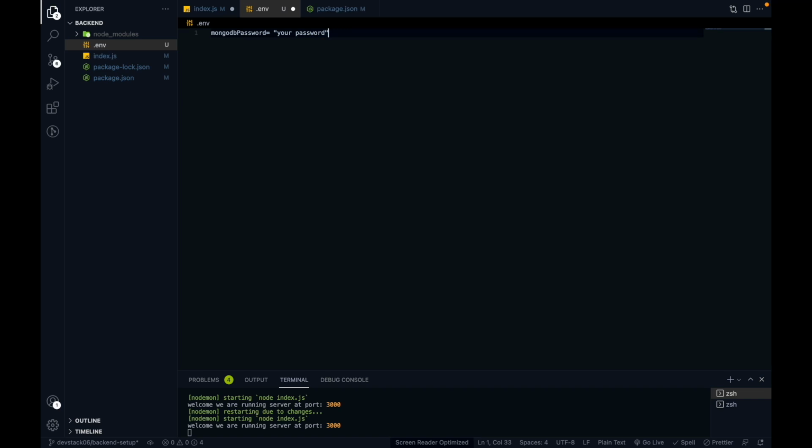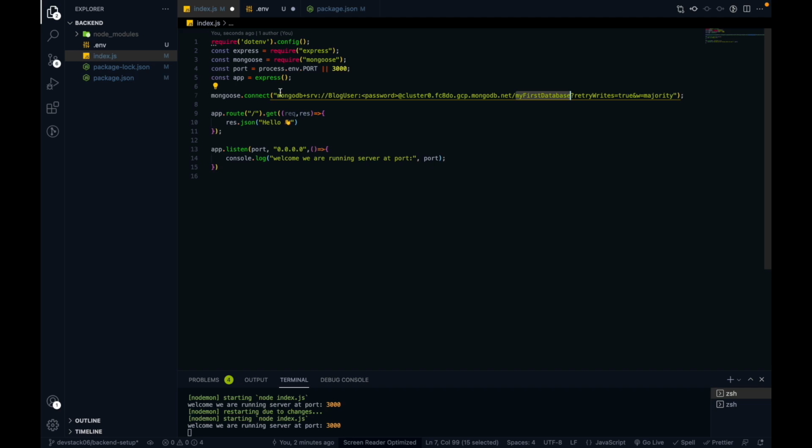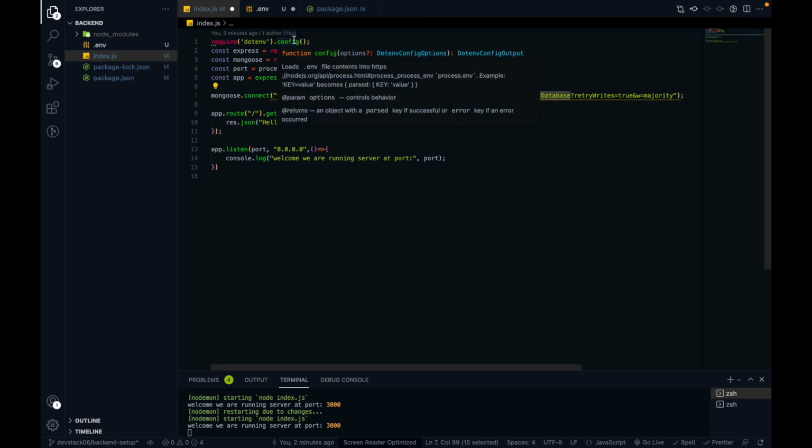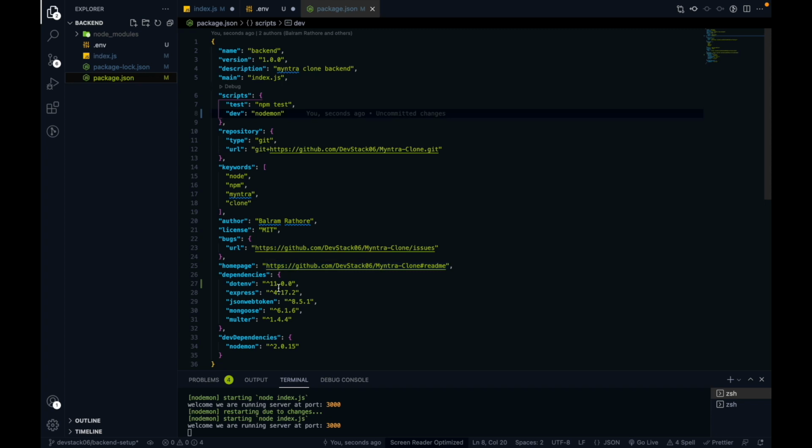Okay, and after putting your password in the environment file, you have to come to the index.js file. But before that you have to install one package, because this is a local environment file, and we want to use that local environment file in our Node.js server. So there is a package called dotenv.